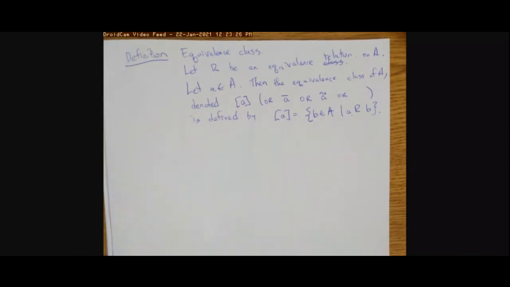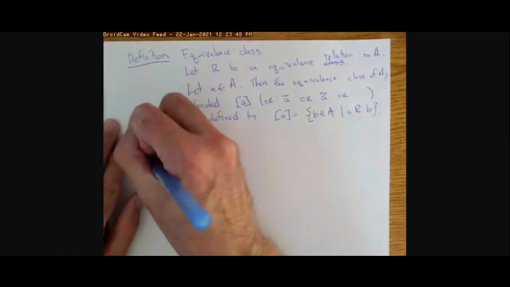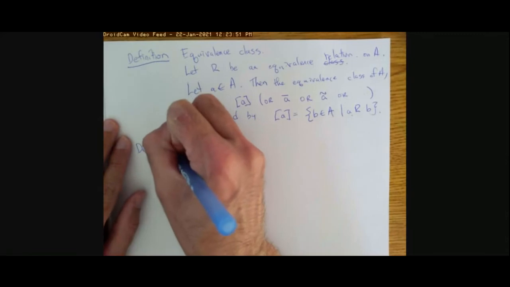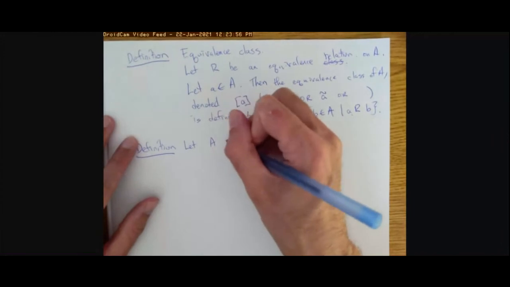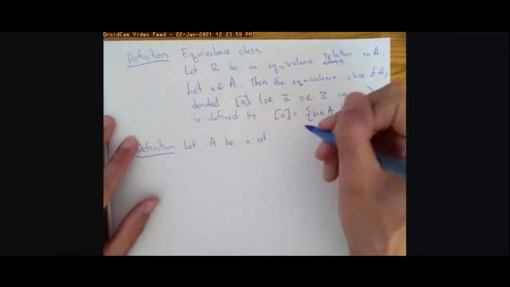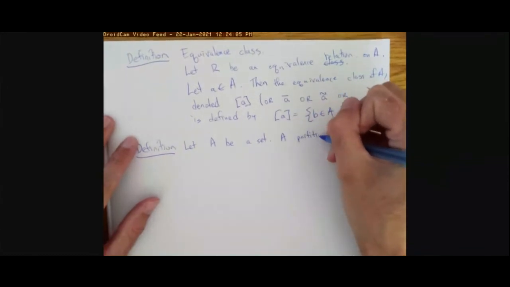What we want to show is that the equivalence classes given by an equivalence relation give a partition of A. Before we do that, we need to define partition as well. Let A be a set. A partition of A